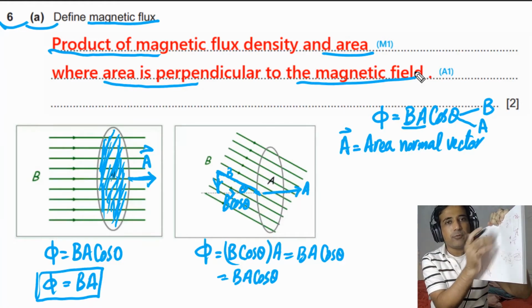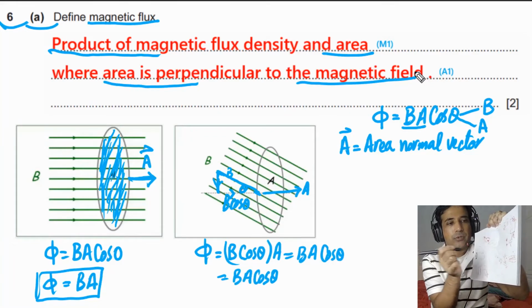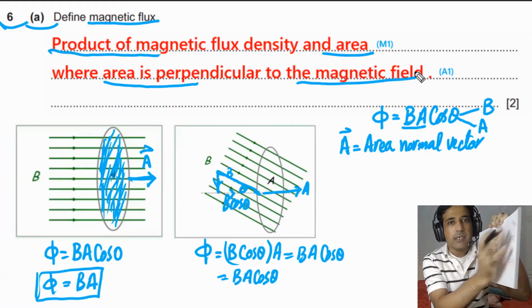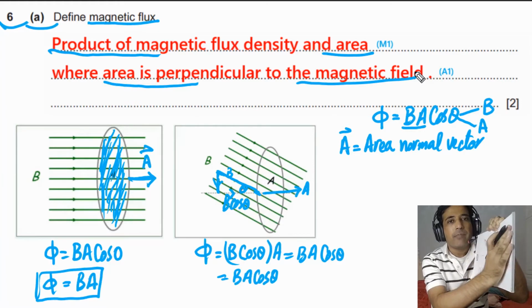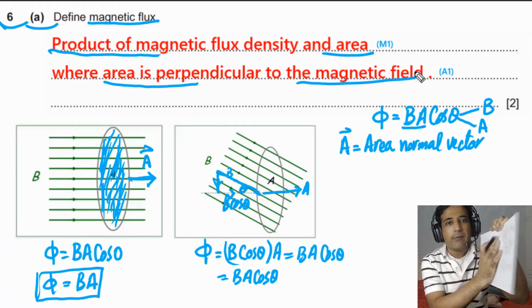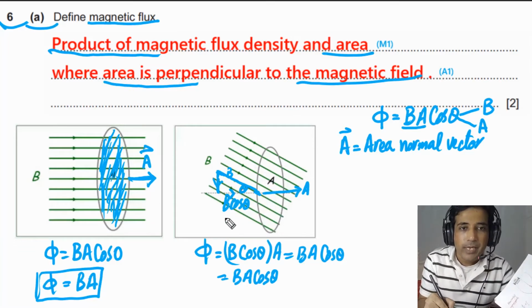You have to take the area that is perpendicular to the magnetic field. Otherwise, you can say you have to consider the component of magnetic flux density that is parallel to the area normal vector, as we have discussed. So this is how you can